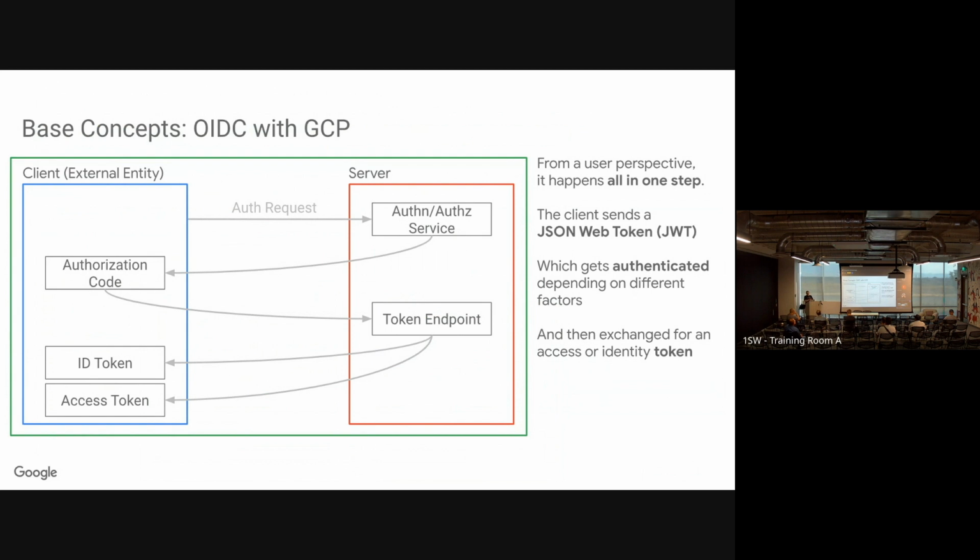If all of those checks pass, then a token would be returned, either an ID token or an access token. I don't know that I can even easily describe the differences, but access token is what you're usually using. That's the one that usually comes out when you use something like gcloud auth login. It's just like, I have a token now, this is the thing I could shove in a bearer header and start making Google API calls, or calls against something that is just using a REST